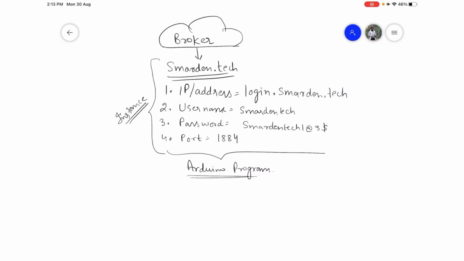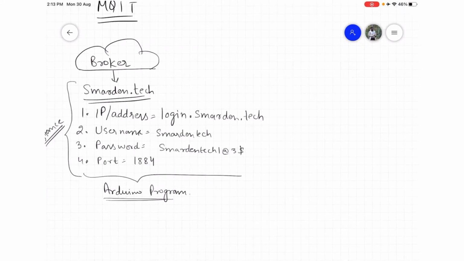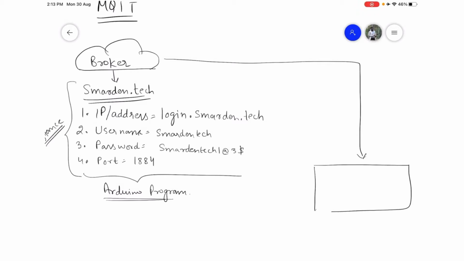Now once we have the access to the broker, only one side our platform is connected. Here we have the smartn.tech, which is your dashboard.